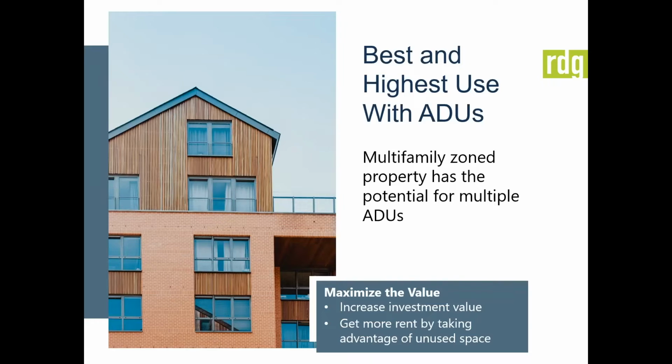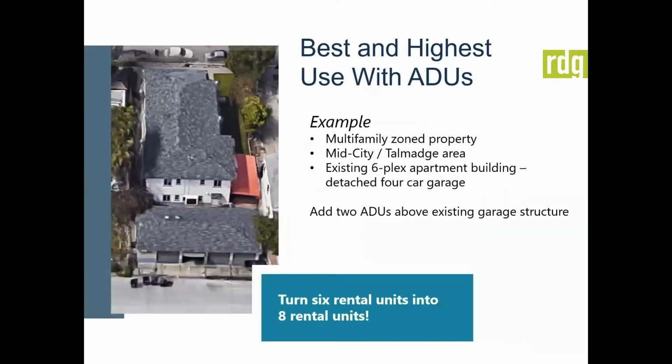So working with the owner to figure out what is the best and highest use, and then getting that design created. Here's an example. This is in City of San Diego, in the Talmadge area, and it's zoned multifamily. It has 6 existing units, and it has 4 detached garages that you see in the back there. With that, we were able to work with the city and get their acceptance to add 2 accessory